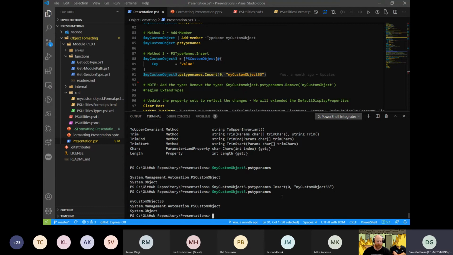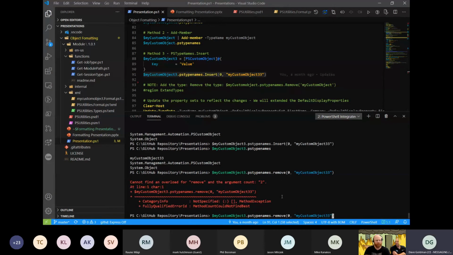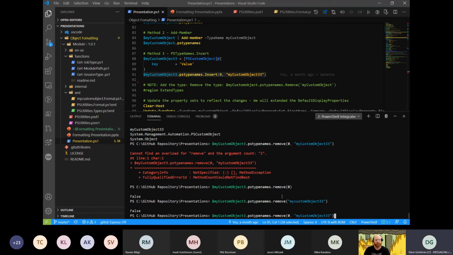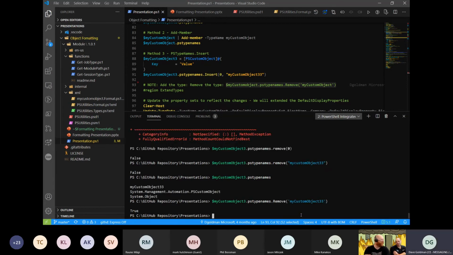Now, subsequently, I can also call the remove because I made a mistake. I'm going to just remove element 0. See if it got rid of it. All right, there we go.